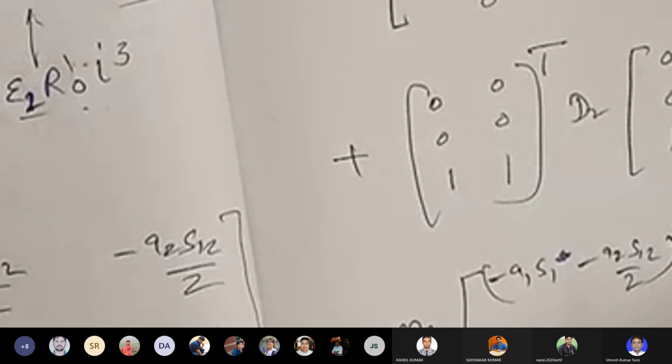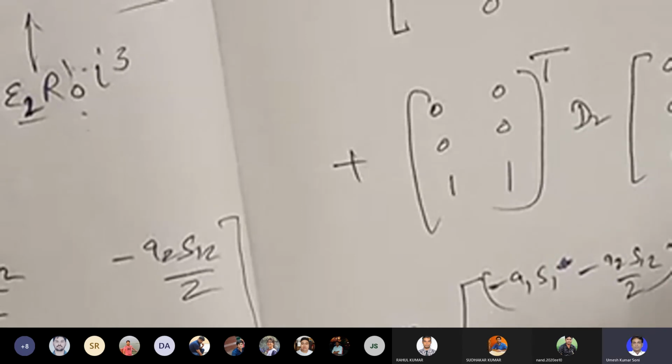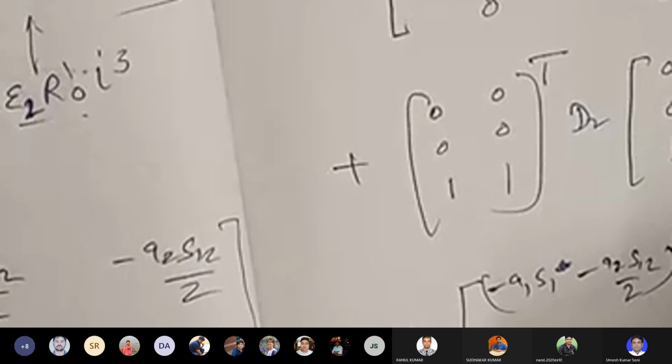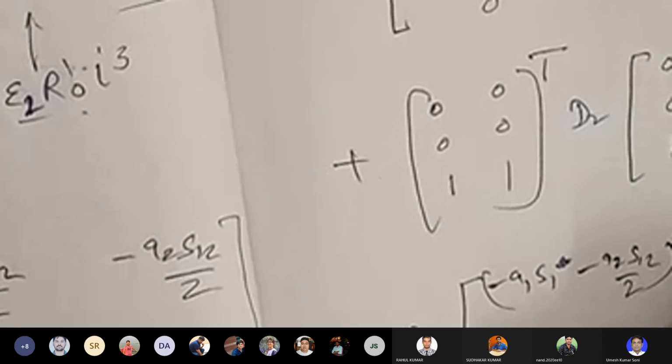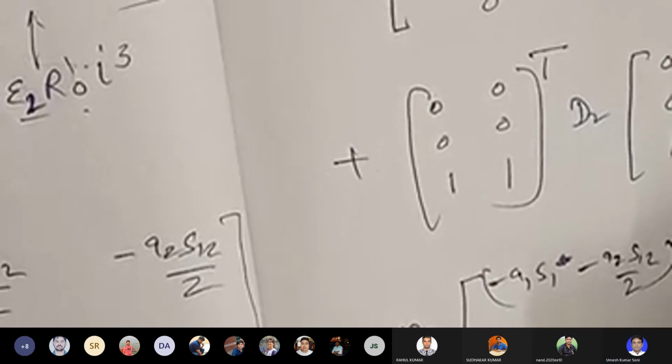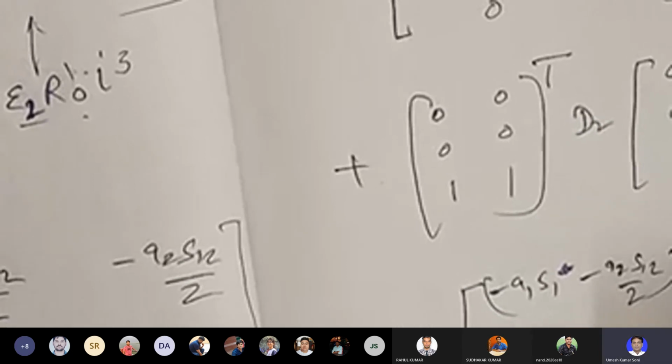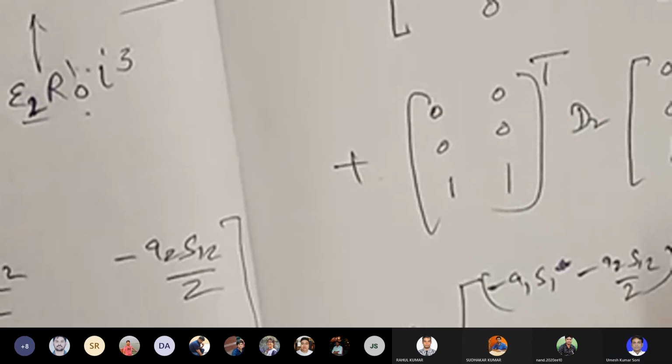Okay, and plus this is minus a1 a2 s12 upon 2 into a1 c1